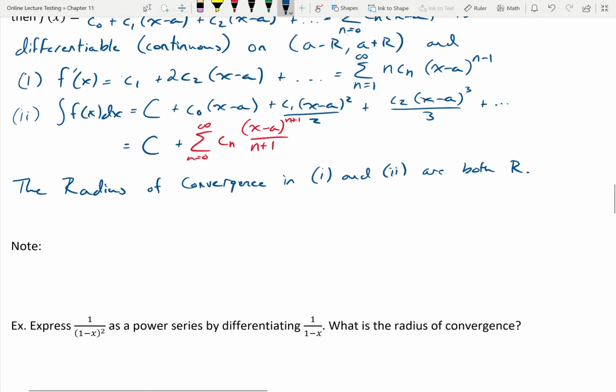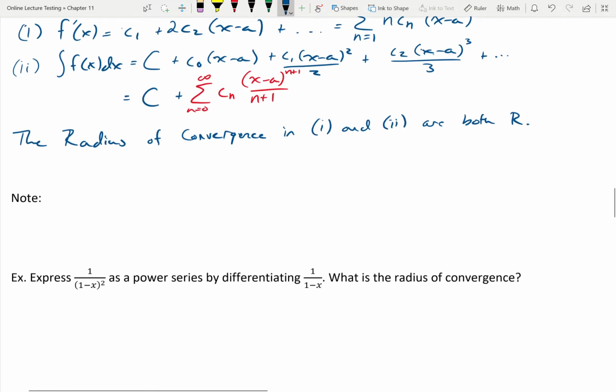The important note here, though, that we need to make, we'll do this in green, is that though the radius of convergence, ROC, is unchanged,